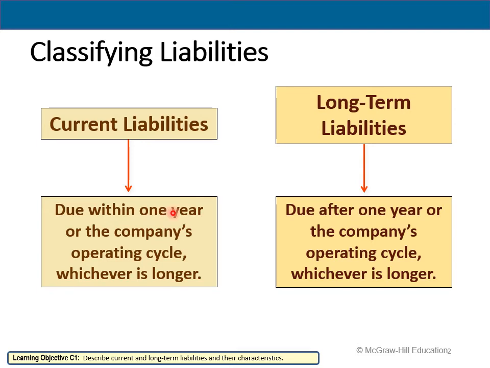Operating cycle is the time, and if we're dealing with a retailer, an operating cycle is the time from the purchase of inventory, marketing of that inventory, sale of that inventory, and collecting payment. All right, so if that takes a week, then obviously a current liability is a year. The only exception to that rule is companies that have a longer operating cycle, and the best example that I